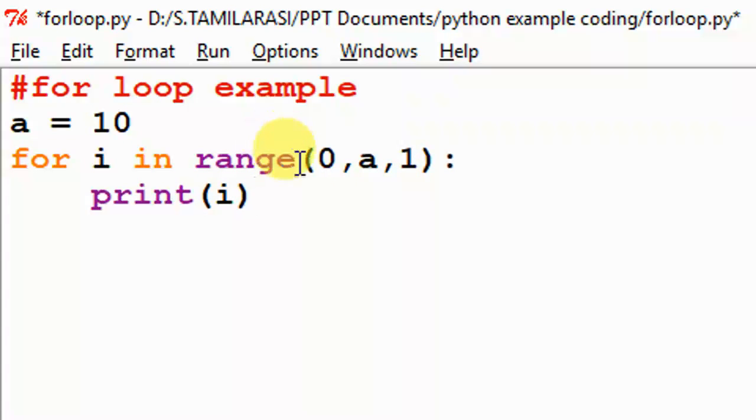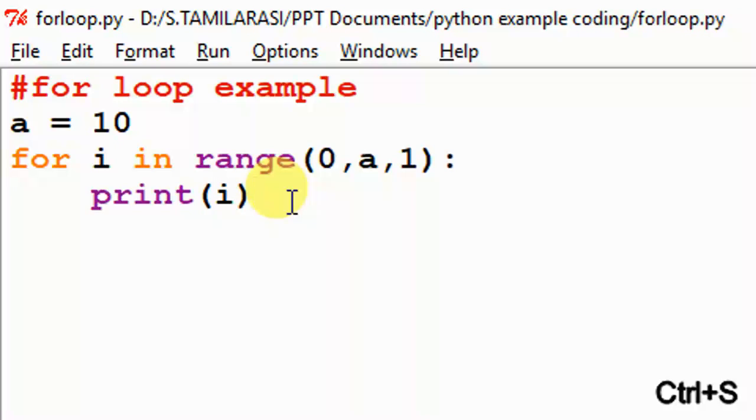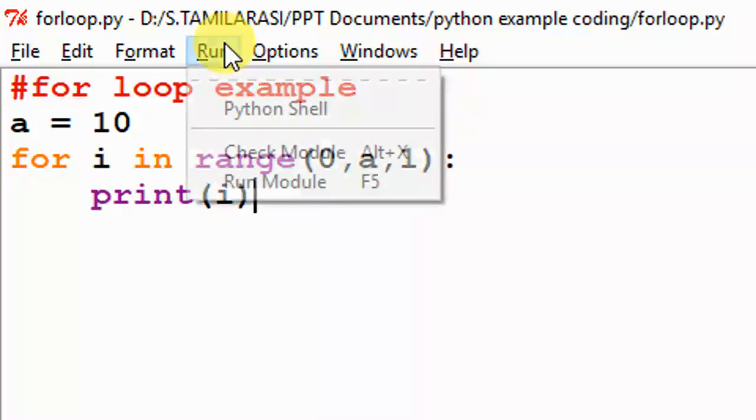Finally, all the values in this range are assigned to the variable i, so print i. Next, I save this code and run this code.